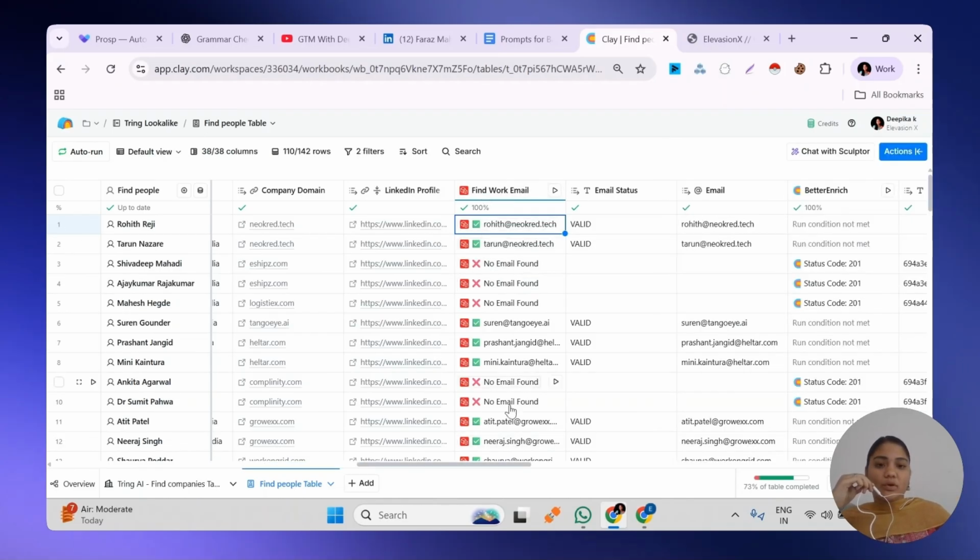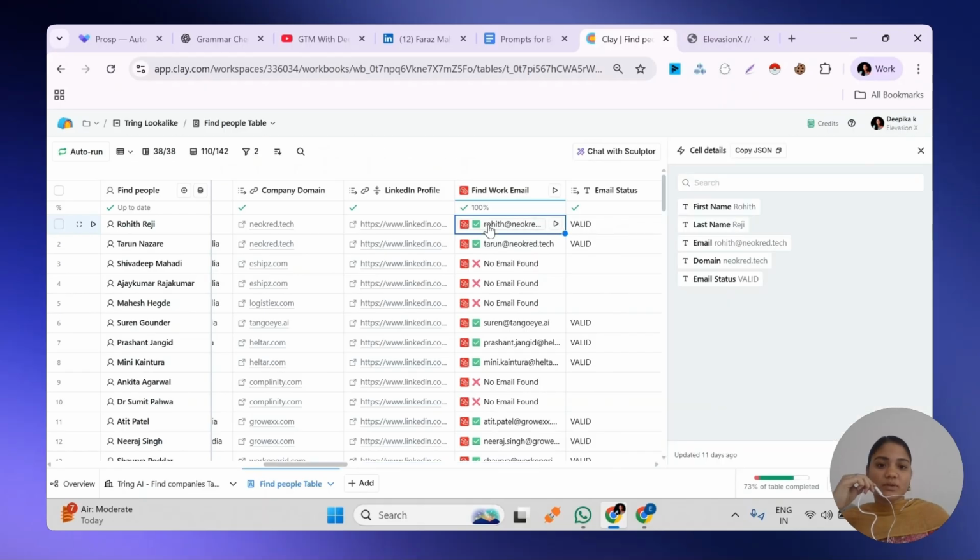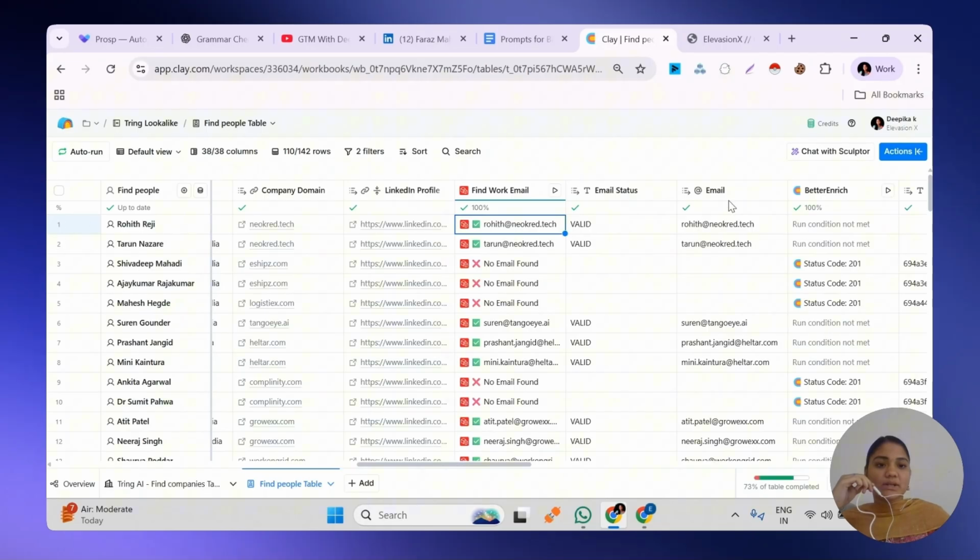So we have found a lot of emails, and these are the emails that are maybe invalid or catch-all emails. That is why it doesn't find those emails. So it only gives us valid emails. When you click the data, you will see all the data scraped from Prospeo. I just added new columns for email and email status using this. So here you can see the valid emails.